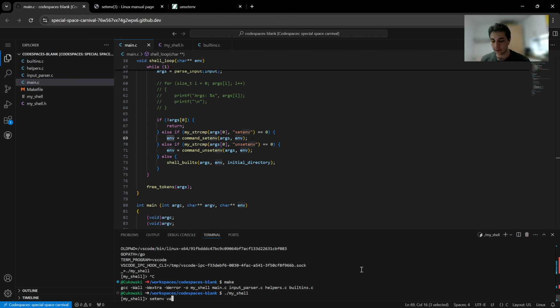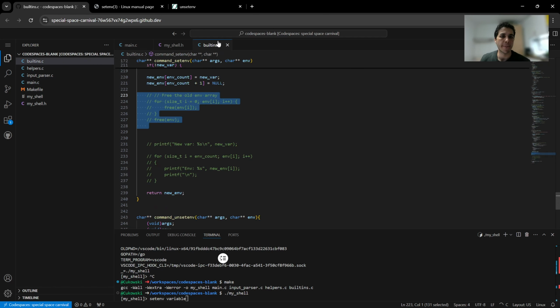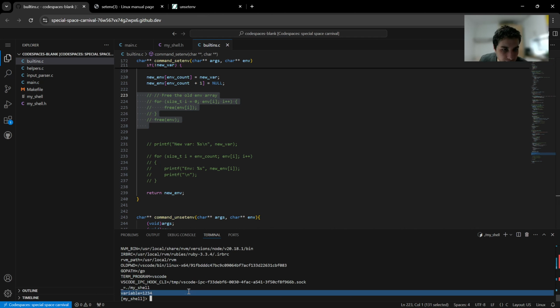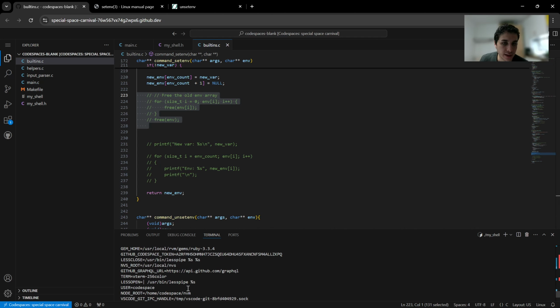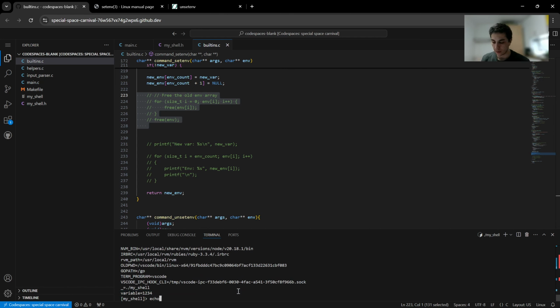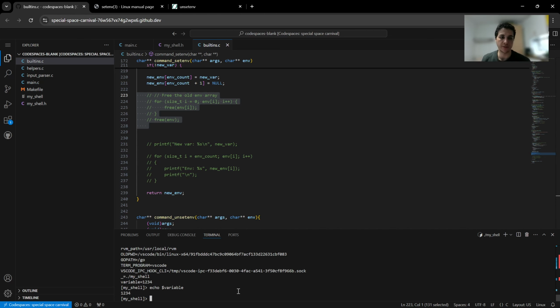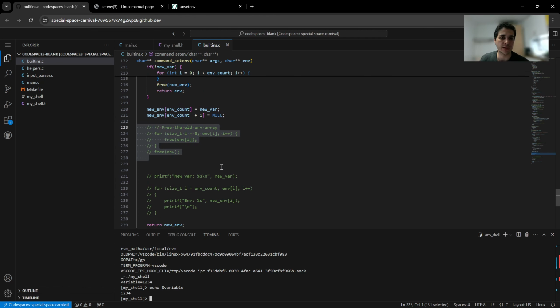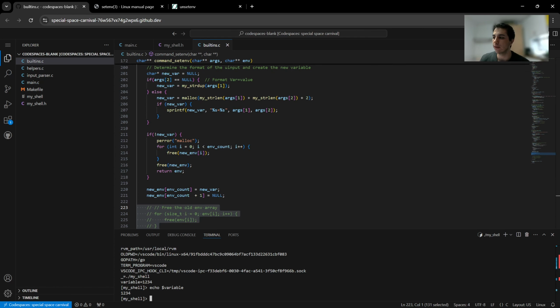Set env variable, env, and yes, we have our variable at the end of our variable class. If I say echo $variable, it will print 1, 2, 3, 4. Nice, we successfully implemented the new env variable,